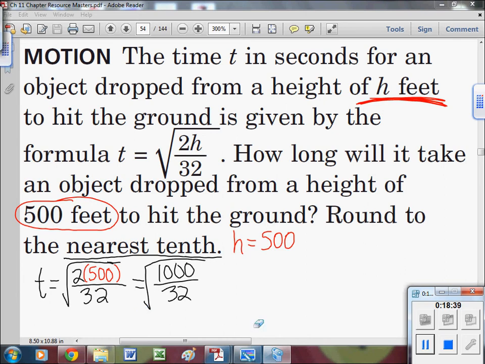So now you just have to figure out what is 1,000 divided by 32, and then that is what you're going to take the square root of. 1,000 divided by 32, well, that's 31.25. So we're talking about the square root of 31.25. Still not done. That radical, that square root sign, is still there. But now that we've taken care of everything on the inside, we're ready to take the square root of that. So take the square root of that, and you get approximately,